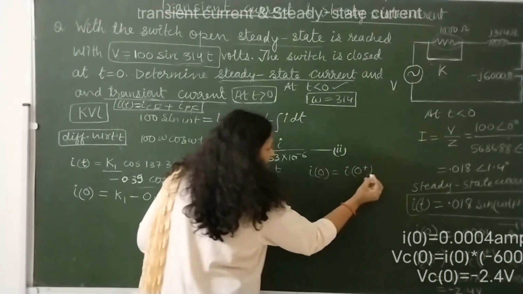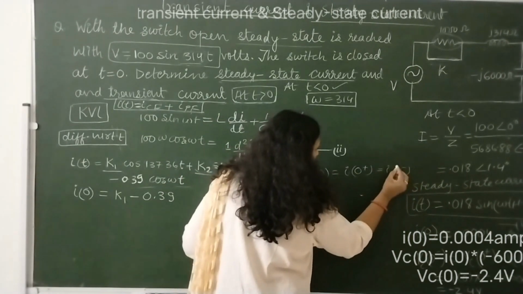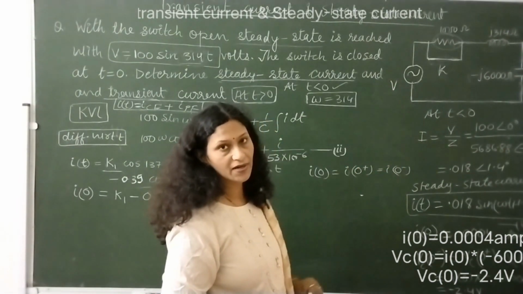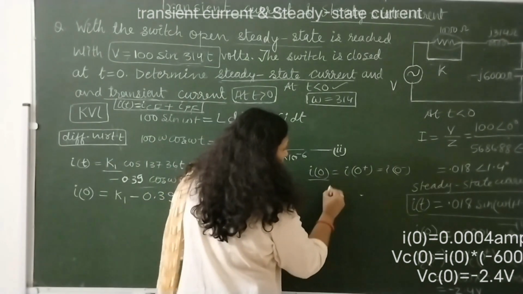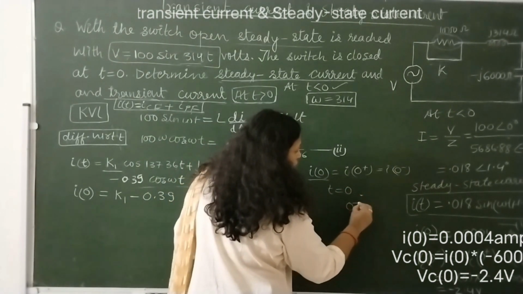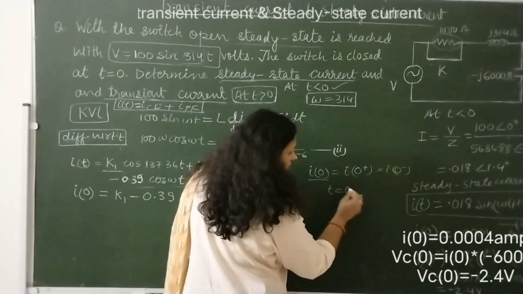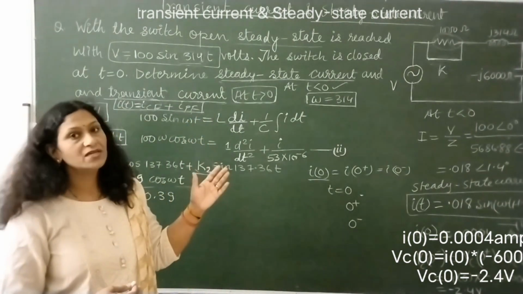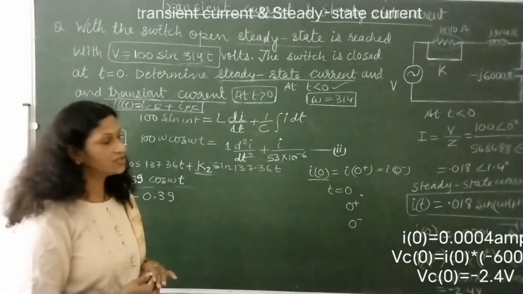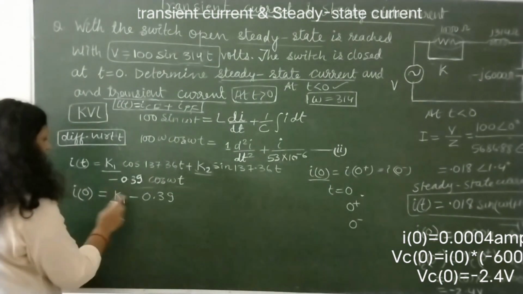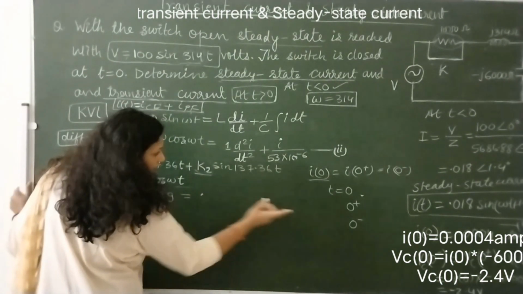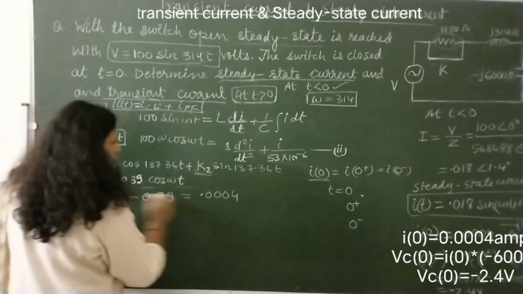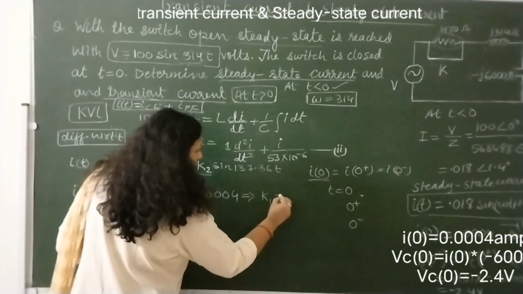I0 plus, and that is also equals to I0 minus. At the 3 states, current remains same in case of inductor and capacitor. At t is equals to 0 time, or t is equals just after the switching or just prior to switching. At these 3 times capacitor and inductor doesn't change its status. तो आपकी यहाँ पे I0 current रहेगी that we already calculated, that is 0.004. Okay, by this equation we can calculate the value of K1, which is equals to